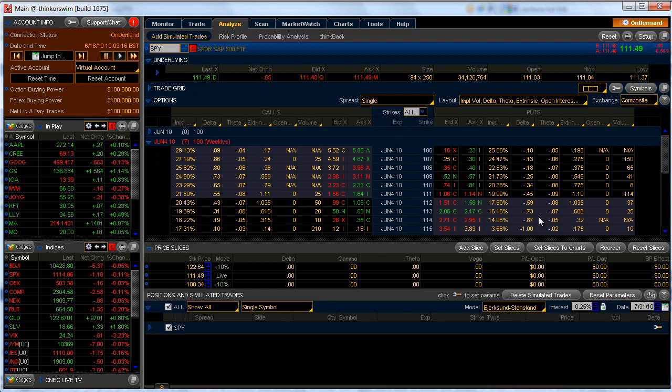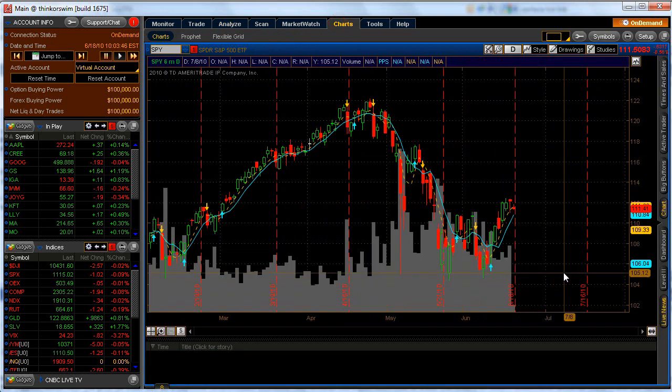But what we're going to be looking at is deltas, and that's how we're going to make our decision on whether we are going to enter a trade and at what strike price we're going to enter it at. And what we're looking at here, if we were to do a bull put, on the put side, we'd be looking at a delta somewhere between like 18 and 25. So like right now, the 25 delta, which would be giving us a fair amount of money, and would be a fairly decent trade to do, is at the 109 level. And if we go and take a look at the chart, 109 is right about here, and that probably wouldn't be too bad actually,